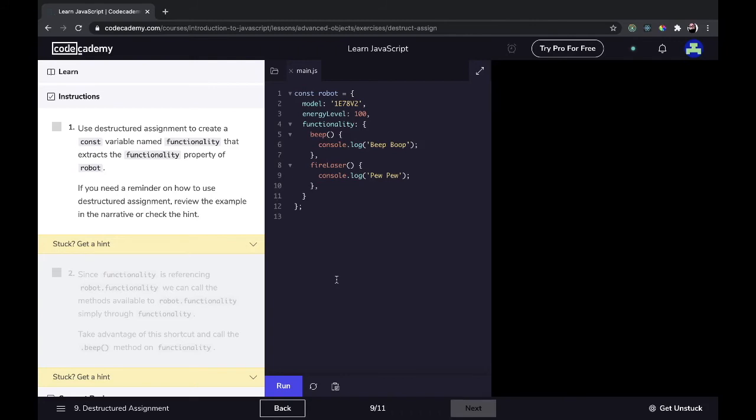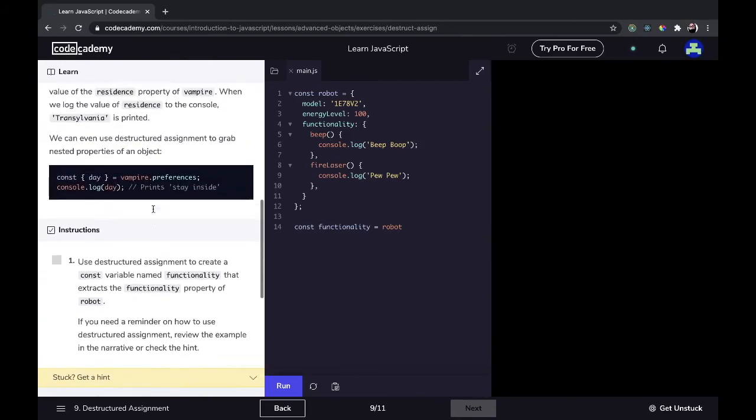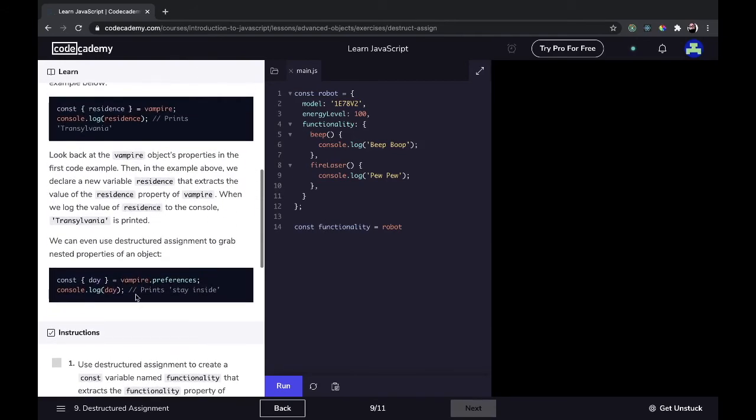Okay, so we want a const variable named functionality, so const functionality that will equal the functionality property of robot. So robot dot functionality. Oh, we don't need to do that. So we're going to destructure it off of that. So functionality is at the first level, right here. If we were where they were in that last one, we need to go a little further, like vampire dot